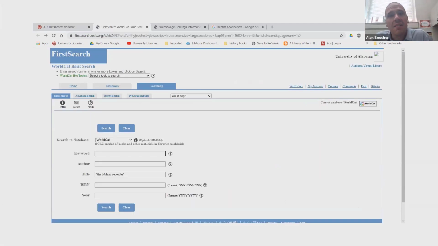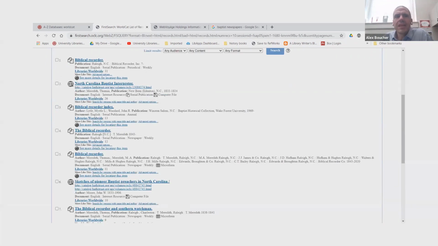So in this case, I have run across some very small, obscure Baptist newspaper called the Biblical Recorder, but that's my research project. I'm writing about Baptist newspapers. I want to see if I can access this, if it's out there. So I could go on WorldCat, go to the title search, and put it in. This page will look a little overwhelming or confusing if you've never seen it before, but if you slowly go through it, you'll see what they're saying.